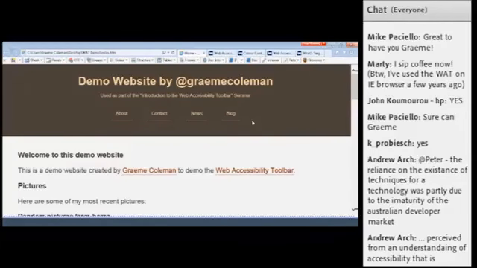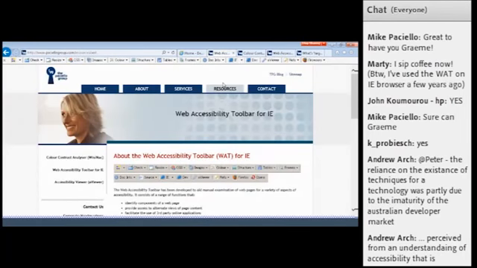That's me there in the bobble hat, in case you're wondering, and a few bits and pieces of other text, links, a table, and a form, and a footer at the bottom. So the average type of content that you might see on a reasonably static website. So this is what I'll use for the demo just now.